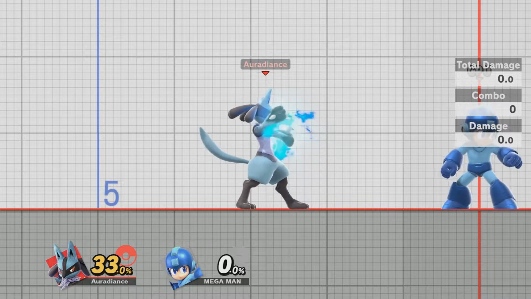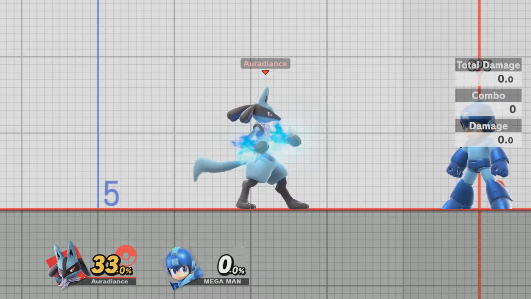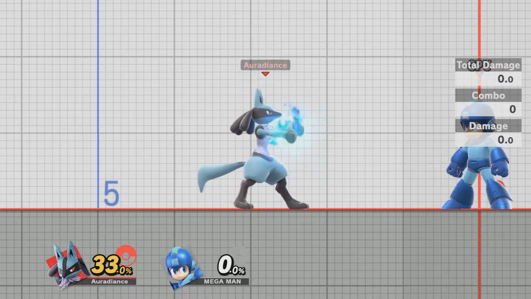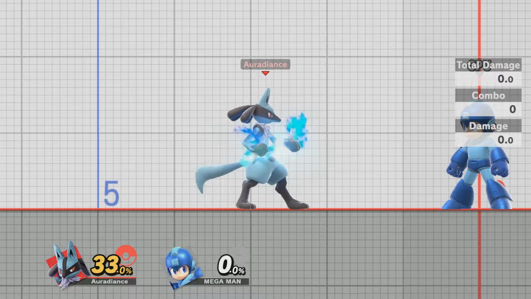Hi everyone, Masonomace bringing you a video about Lucario meta neutral improvement. And it's going to be with just one move, surprisingly. And that's down tilt. And it's going to improve in ways you probably didn't expect, unless you already knew of